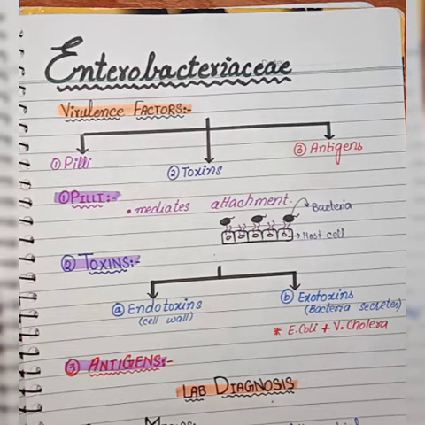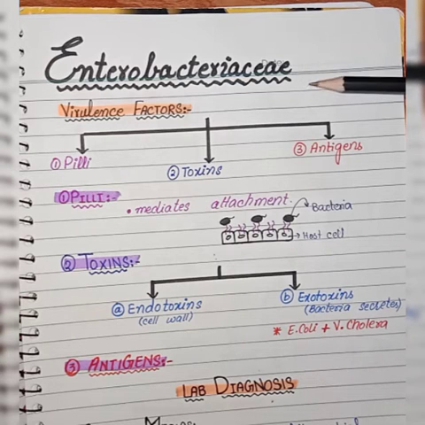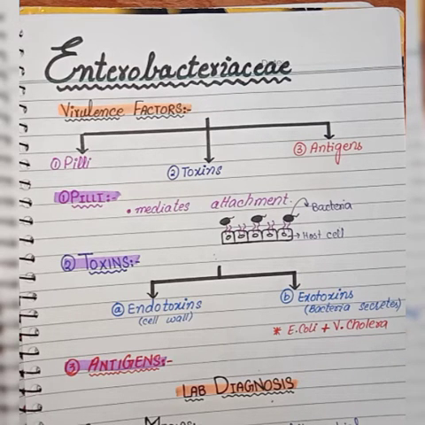In the previous lecture, we discussed the Enterobacteriaceae family. We discussed that all the gram-negative rods are known as Enterobacteriaceae. We discussed some common features of the Enterobacteriaceae family: they ferment glucose, and they are oxidase negative. Can you tell me what is oxidase positive? Yes, Pseudomonas. Remember this? Pseudomonas aeruginosa is oxidase positive, but all the other members of the gram-negative rods are oxidase